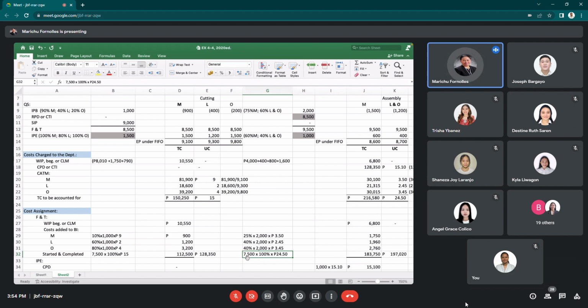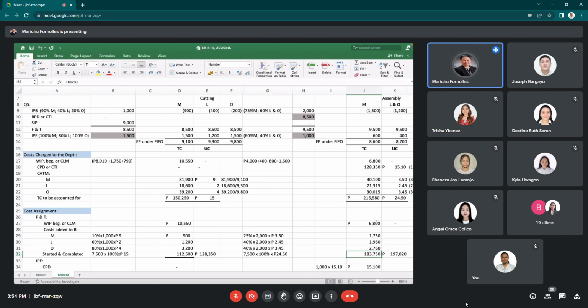So this is the portion of the F&T that were started just this month and completed also this month. That is why the work done just this month is 100%. Then multiply it by the unit cost to be accounted for, which is the 24.5, equals the value for the units started and completed this month is